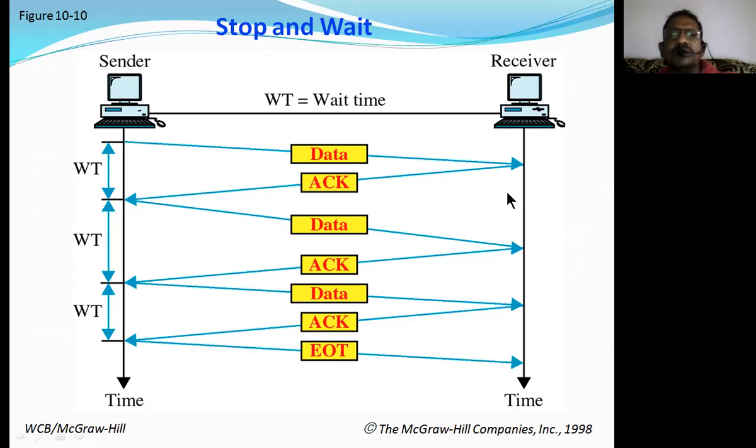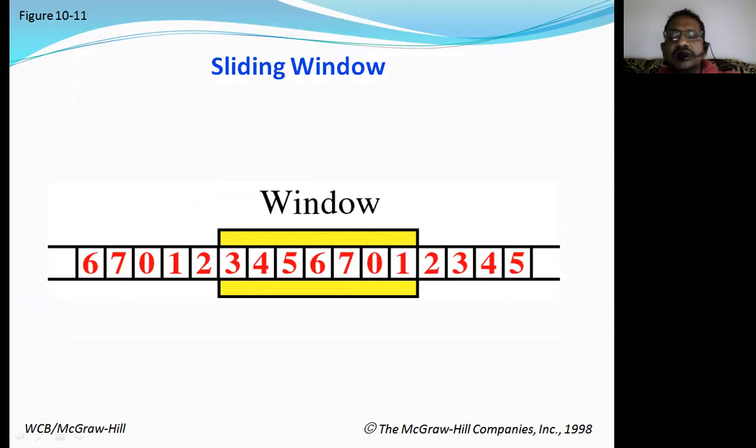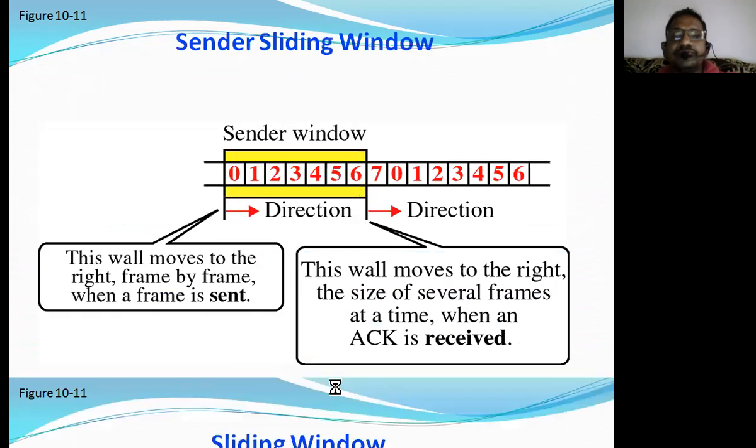So all that is part of the data communications which is normally going to happen. Then the last concept is the sliding window concept. As I discussed, there are 8 data frames in a single window. For example, 3 4 5 6 7 0 1. That means the data frames start from 0 and end at 7. Altogether there are 8 data frames, and the collection of all these frames is considered a window for us.